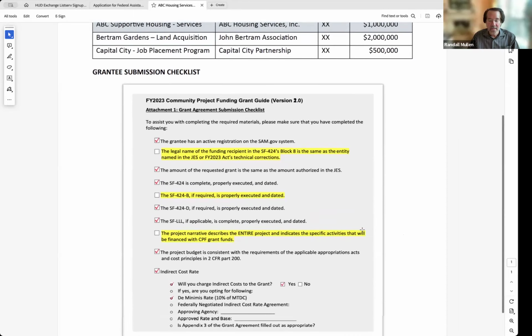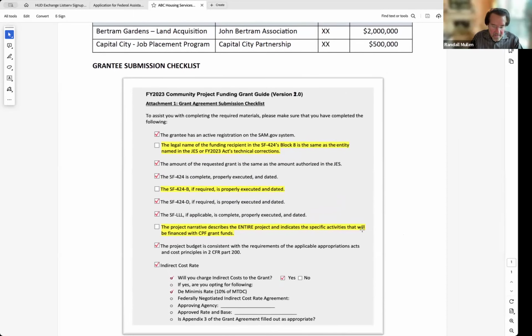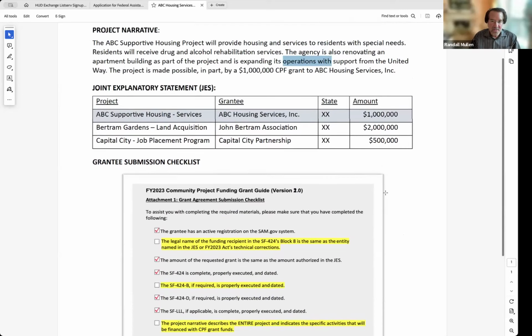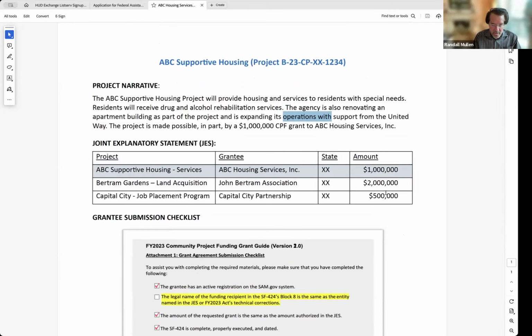But most importantly, and I want to stress this particular point, the grantee would need to be ready to submit only after describing that entire project in a clear fashion that aligns with the specific uses of the grant. That's both the budget showing sources and uses for the grant, as well as all aspects of the project.